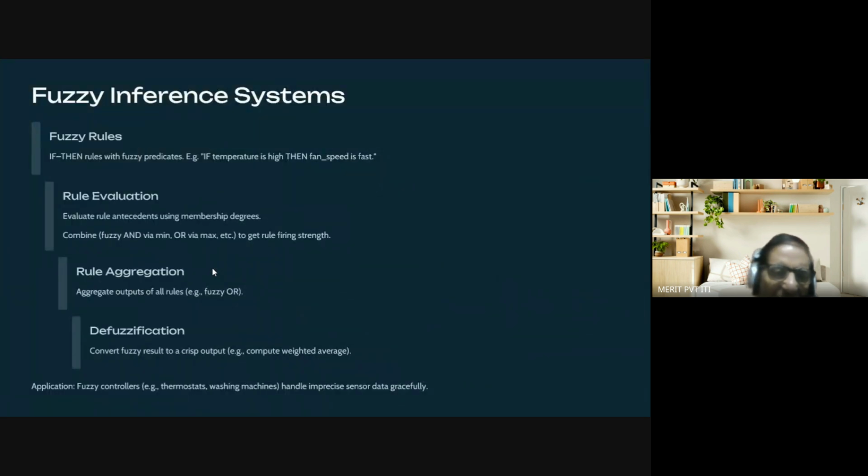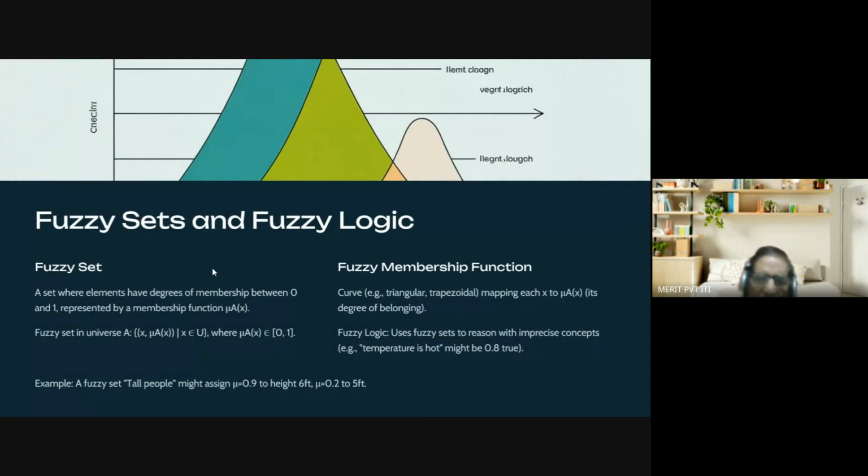Let us say an example here. Fuzzy rules: if-then rules with fuzzy predicates. For example, if temperature is high, then fan speed is fast. In India, the temperature in Rajasthan goes to 50 degrees centigrade, then it is really high, so it goes to 0.9. But if it is 45 or 42 or 38, then it becomes lower, and when it becomes 0 degrees, then it becomes